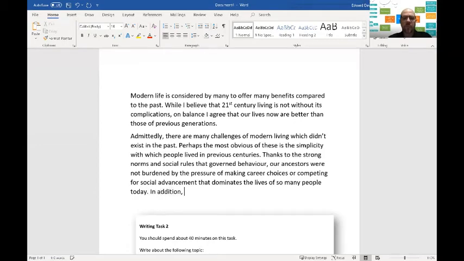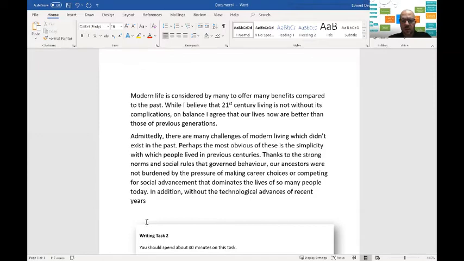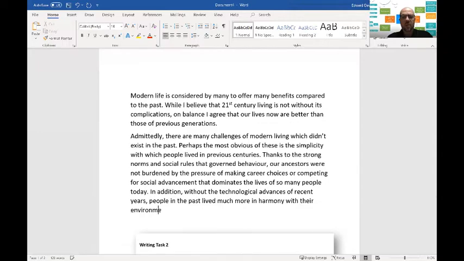In addition, without the advances, people much more harmony with their immediate